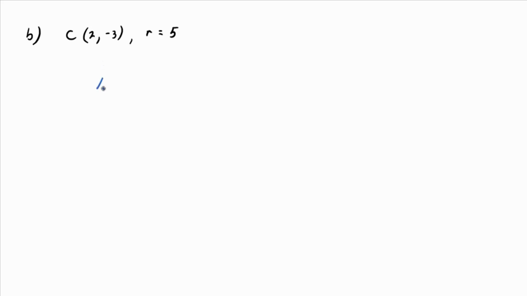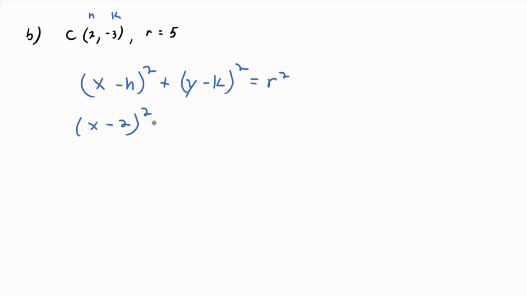Again, we're finding the standard form of the equation, so write down the generic standard form: (x minus h) quantity squared plus (y minus k) quantity squared equals r squared. Help me out. When we fill in h, what are we filling in? So (x minus 2) quantity squared plus (y minus, what do we fill in for k? Negative 3